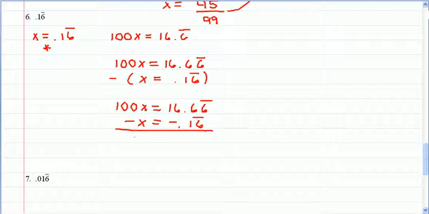So 100x minus 1x is 99x, and then the repeating parts cancel, and I have 16.5. So I have